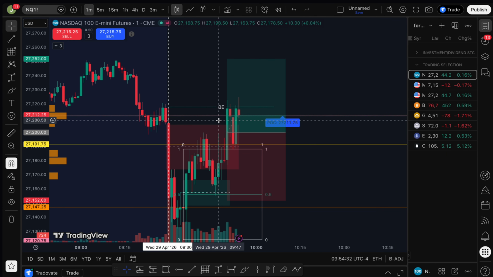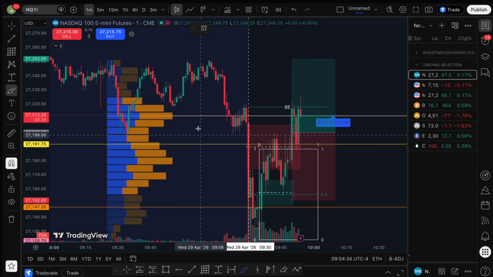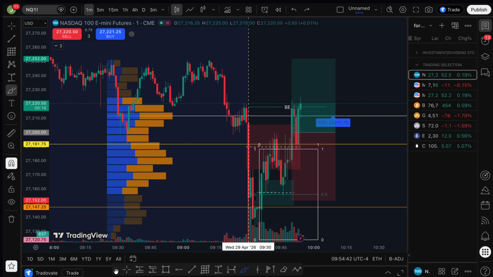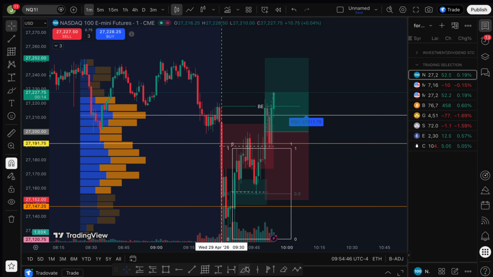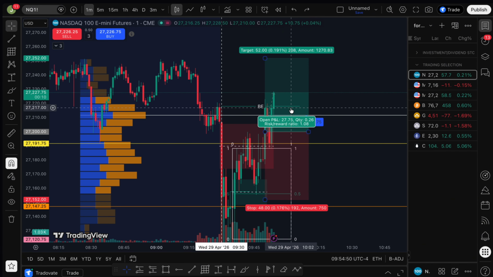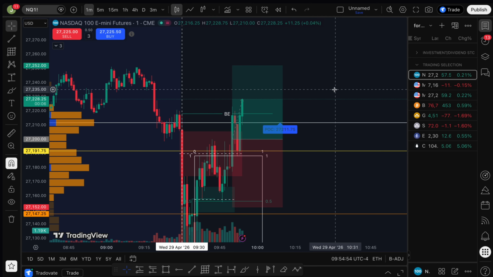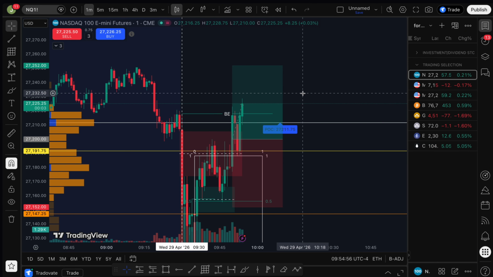Ooh, point of control is right here. I forgot we have some areas of volume, so you might reject and start heading back down. I don't know if we're gonna slam down, but we could go down, or we can use the volume to push all the way back up. Yeah, see? Damn, that's kind of crazy. That is kind of annoying. It's whatever. I don't trade FOMC days anyways.